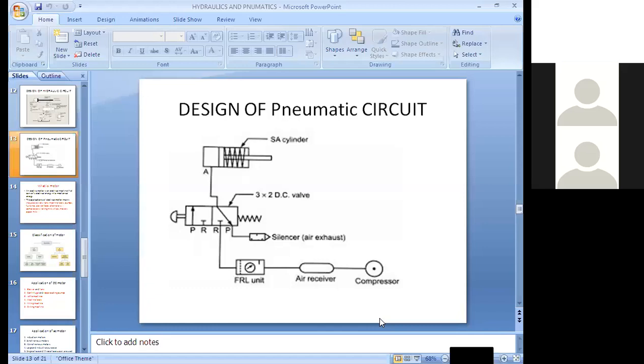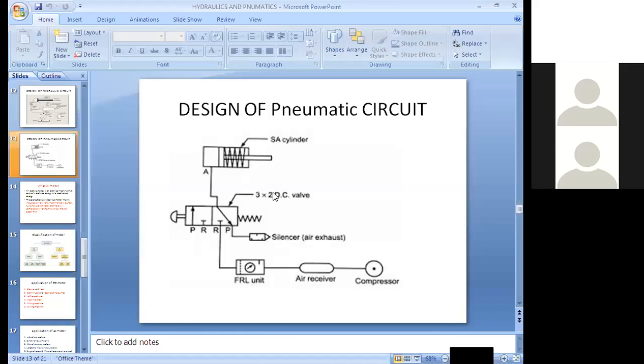Okay, I think maximum 80% similar only. While seeing the manually operated parts, that concept is the same. But the thing is that in hydraulics the substance is fluid, a liquid, and here it is gas. That is the main difference between pneumatic and hydraulic. I hope you understand, because this is a very important concept. With video we can understand the pneumatic circuit as well as the hydraulic circuit. I hope you understand. Shall I go for the next topic?